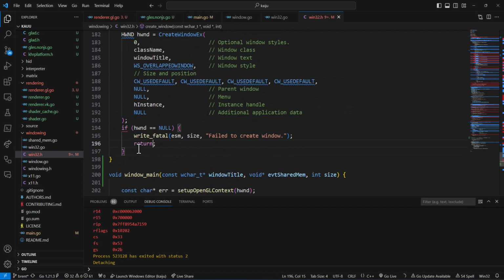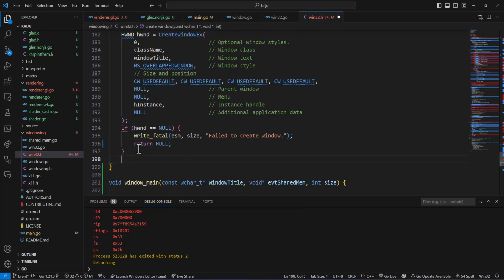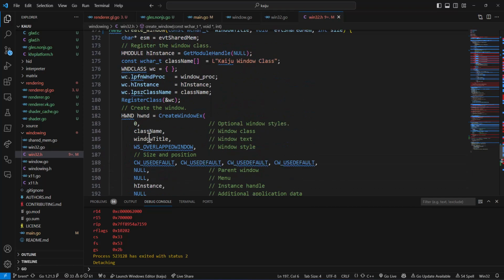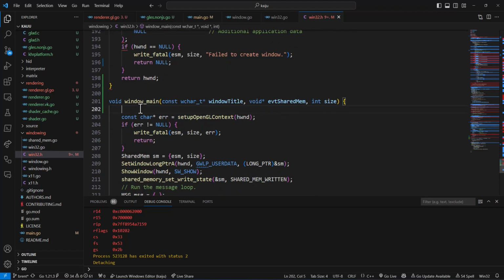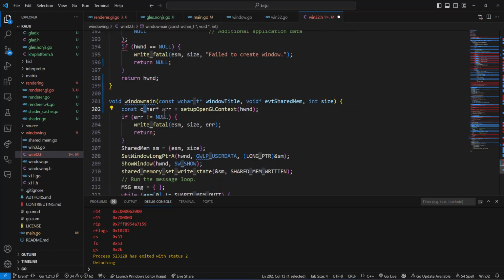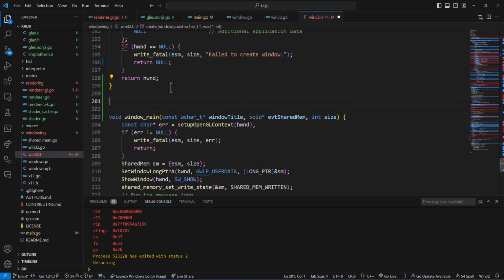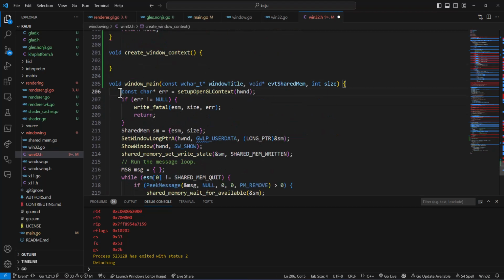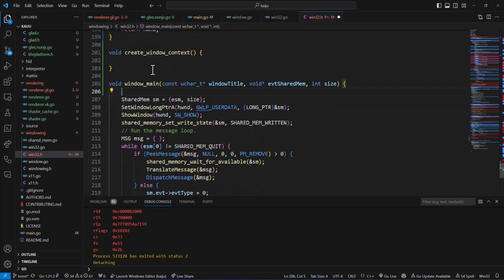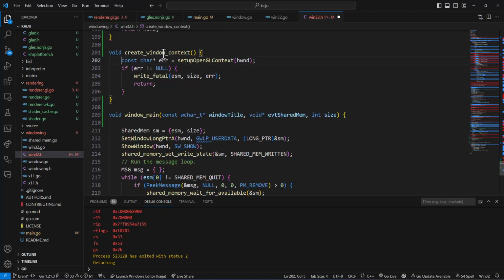So return null and return HWND there for create window. And then we're going to have create context, void window, create window context. And this is just going to be this code here. And we'll call this from Go directly,